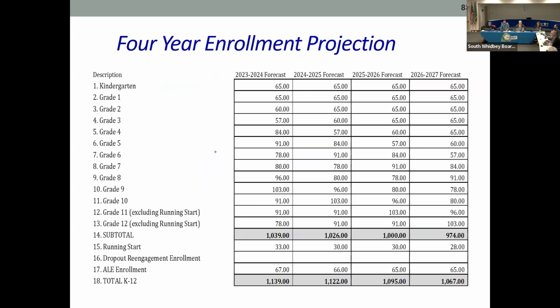My unprofessional opinion, I think that's where we'll probably end up, kind of where we bottom out, is about that range. I've been looking at that for the last 10 years. And I really thought it's going to be around that range somewhere. And then if you add ALE in there, you're about 1,067. So just a little larger than 1,000 kids. We still want to maintain more than 1,000 because it's kind of that level, but that's where I think it's at.